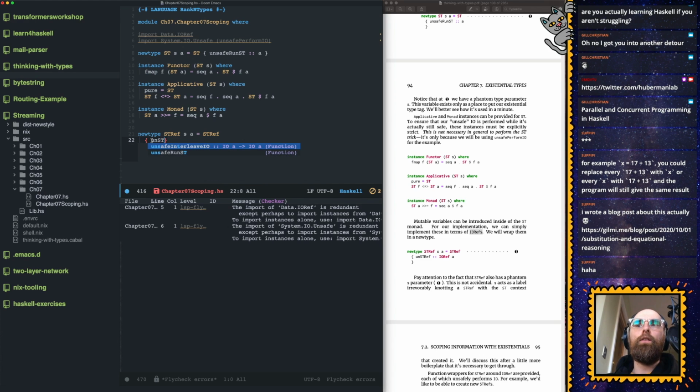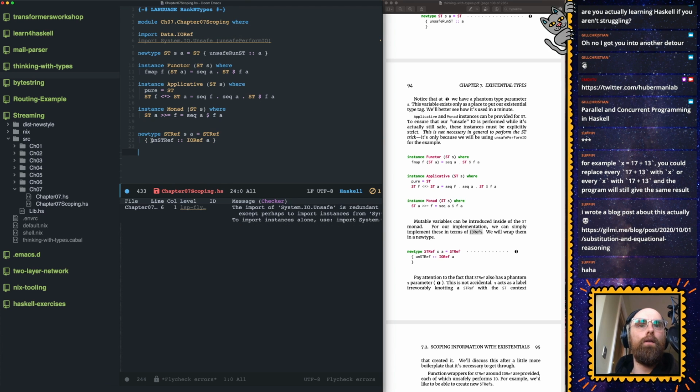I've got a feeling that this is where things are starting to go downhill. Pay attention to the fact that STRef also has a phantom S parameter. Yep, I did see that. This is not accidental. S acts as a label, irrevocably linking an STRef with the ST context